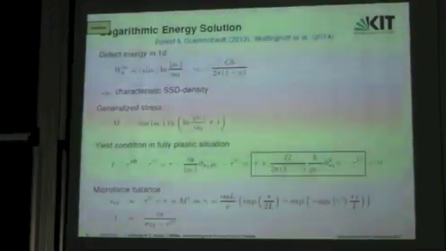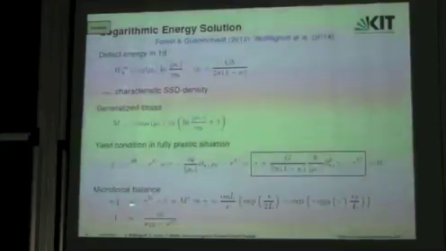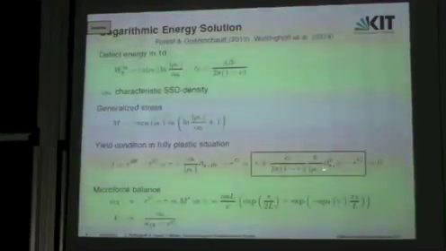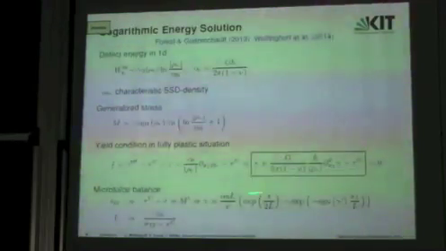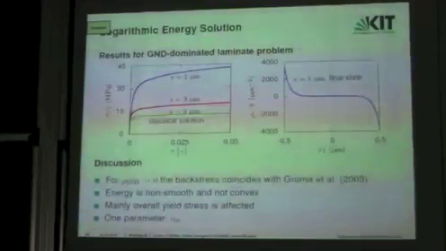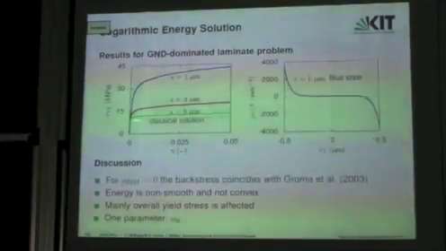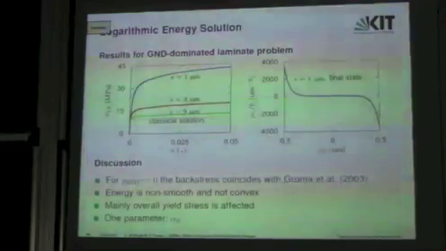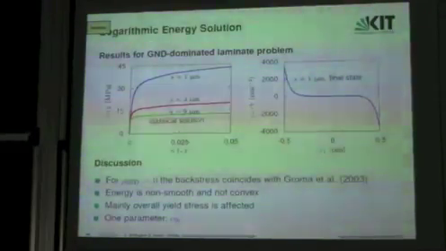so now in the following slides, let's assume that the GND density is really dominant, so we have a good approximation. And consider the microforce balance again, which gives us a differential equation, which we can solve analytically. And well, it's a bit complicated expression, so let's just have a look at the curves first. Yeah, and if we consider the behavior, this is again the laminate behavior for different sizes of the soft phase, and we find that again we have a size effect, and with